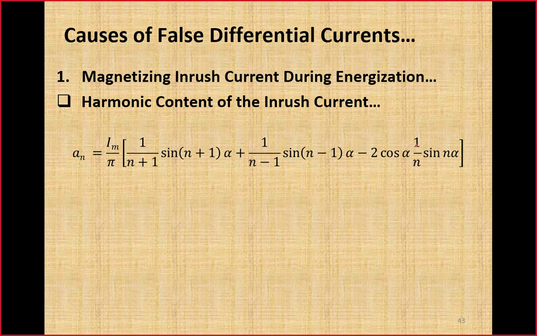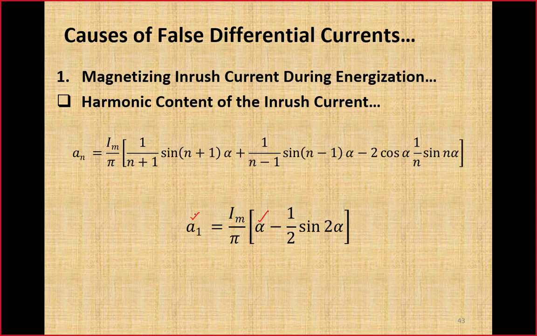If we substitute n is equal to 1, that will be the fundamental, and 2, 3, 4, 5 onward will be the other higher order harmonics. So if we substitute n is equal to 1, here is the magnitude of the fundamental component. That is only dependent upon this angle alpha. As alpha varies, so does A1, the magnitude of the fundamental component. Same is the case for the magnitude of other higher order harmonics. Their magnitude depends upon this angle alpha, known as the angle of saturation.